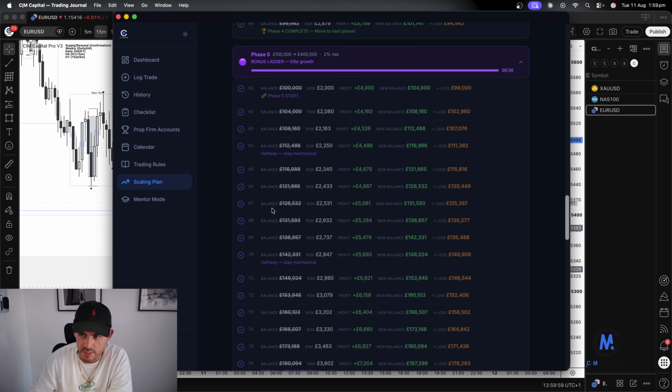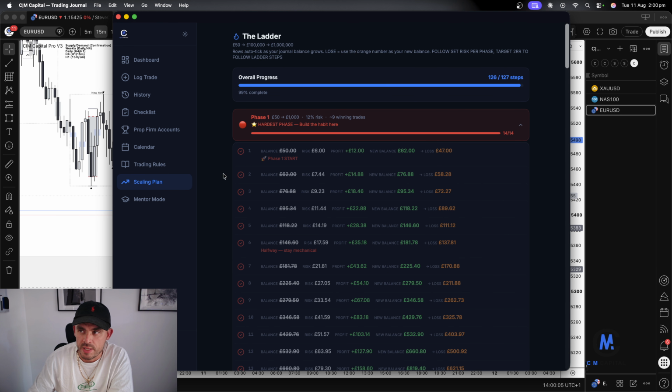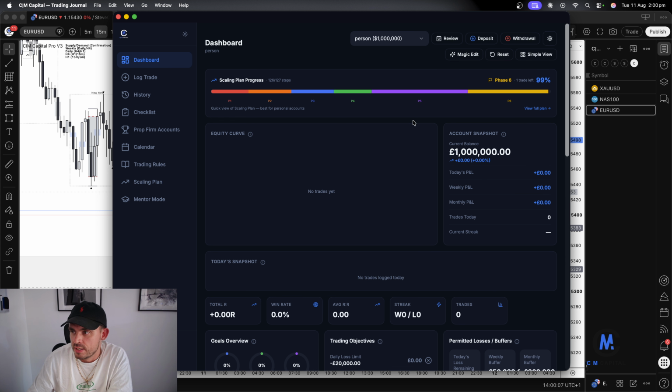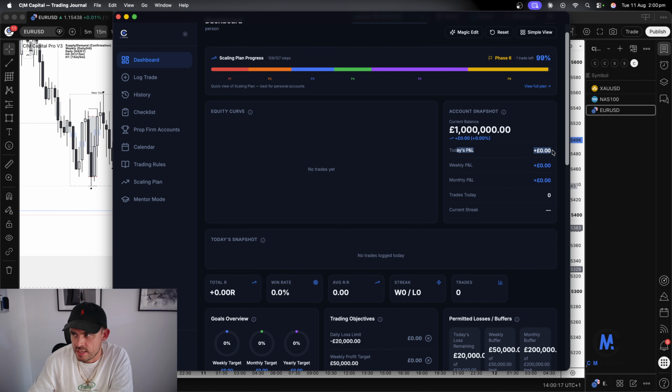So that's why it's all crossed off at the minute, because I accidentally put £1,000,000. Anyway, that's just a scaling plan. It helps you grow your account to 1,000,000, and you can keep track of where you are in the process. So back to the dashboard, we get an account snapshot, and obviously today's P&L and all that